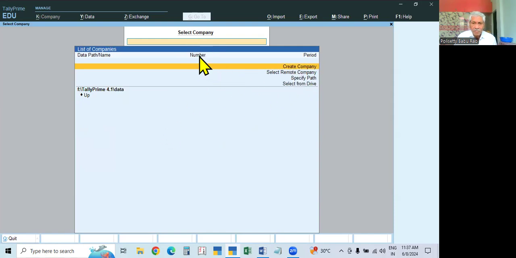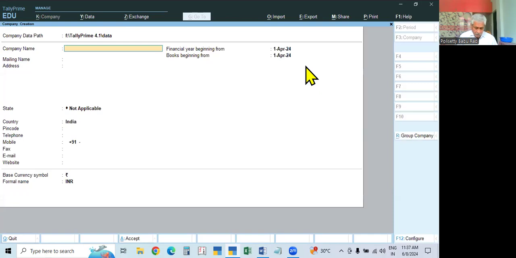See, in this menu, this is called the select company page. See, on the right side, create company, the very first one. So select this, create company. Now I am creating, for example, X and Co. Creating X and Co. is the name of the company. This is the mailing name and address. And here I will say unlimited, then